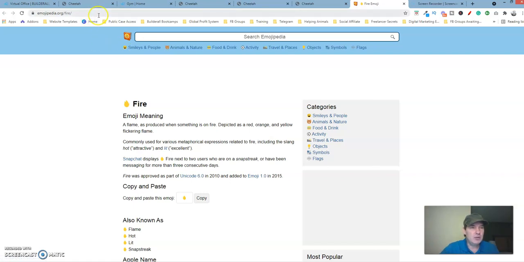One of the results that I clicked on was when I typed in emoji in text fire or flame, and it brought me to this website called emojipedia.org/fire, and this is the emoji that I selected for that button. All you have to do is come down here, click on copy, and then paste it in. I'll see you on the next